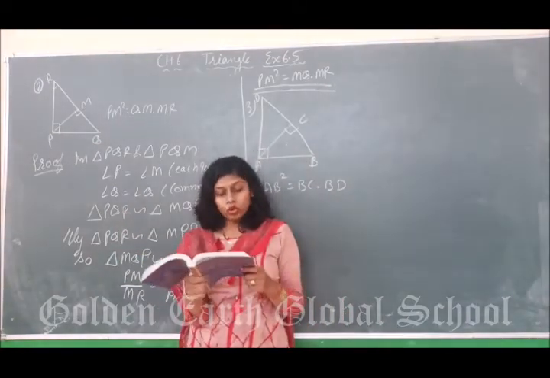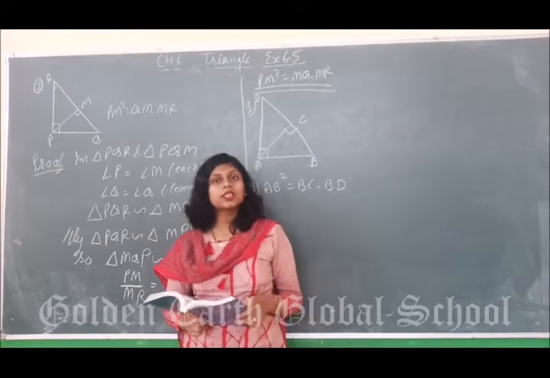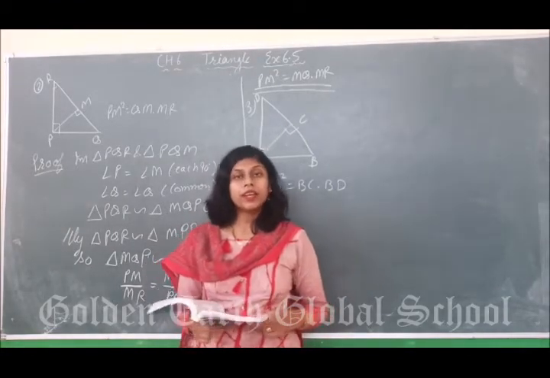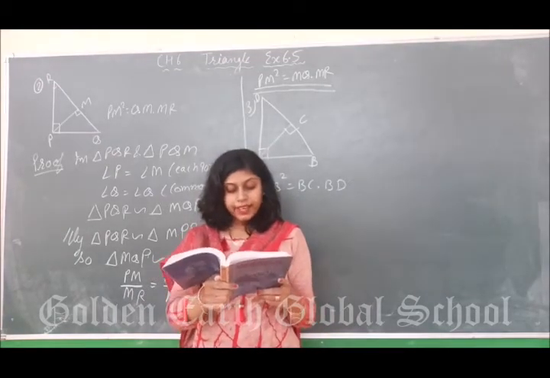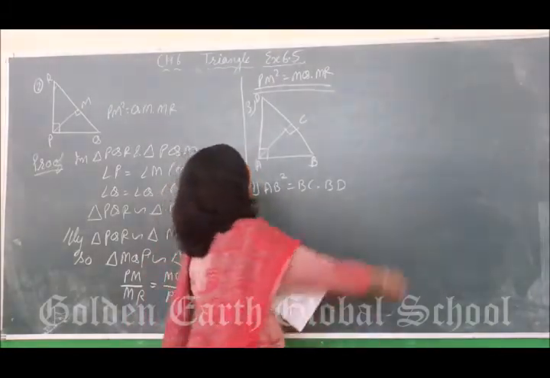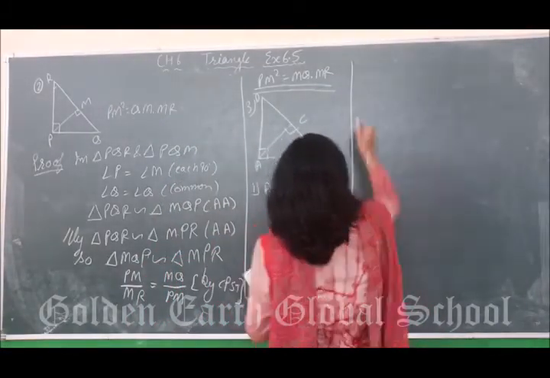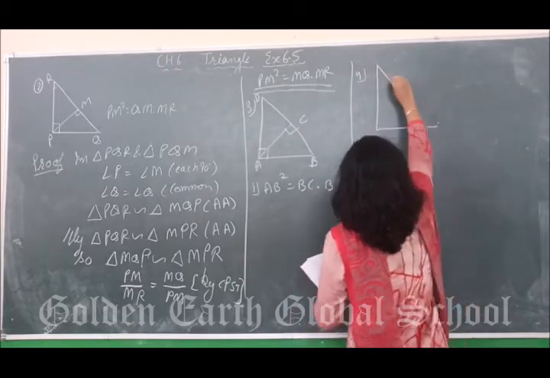Next, question number 4. ABC is an isosceles triangle. An isosceles triangle is a triangle in which two sides are equal. Right angled at point C. First of all, draw the figure. This is a